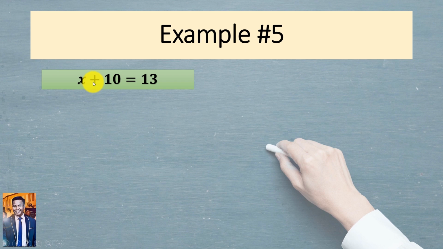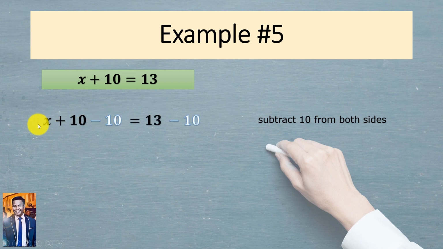So since this is plus 10, ang gagawin natin, ang kabaliktaran ng plus 10 is actually minus 10. So therefore, we subtract 10 from both sides. And that becomes now ganito. X plus 10 minus 10 is equal to 13 minus 10. So as you notice, naglagay tayo ng minus 10 dito and minus 10 din dito sa ating kabilang